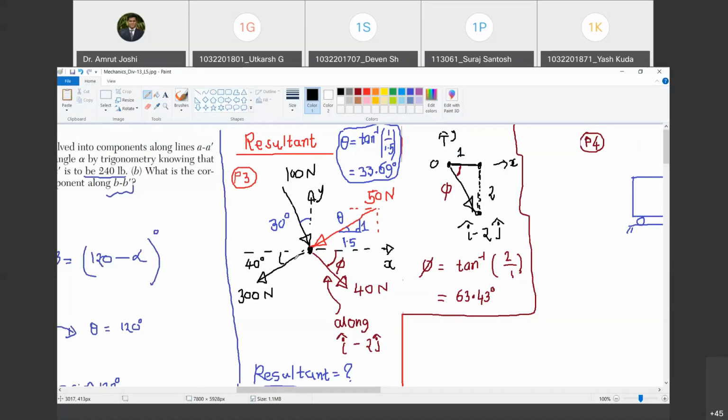Now, Rx is summation Fx. The x component of all the forces, if you sum up, is summation Fx, and that is nothing but Rx. Ry is summation Fy, the summation of y components of the forces, and R is square root of Rx square plus Ry square. Alpha is the angle made by the resultant with reference to the x-axis. Then it is tan inverse of Ry by Rx. Happy? Yes, sir. These are the procedural details. Are you with me?